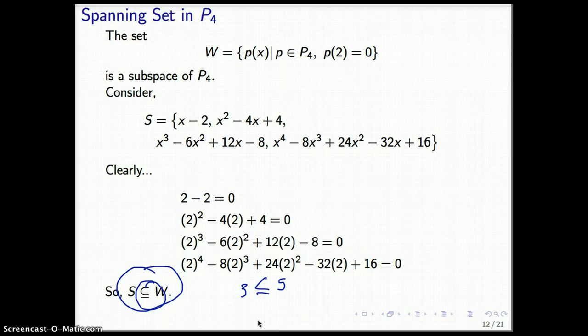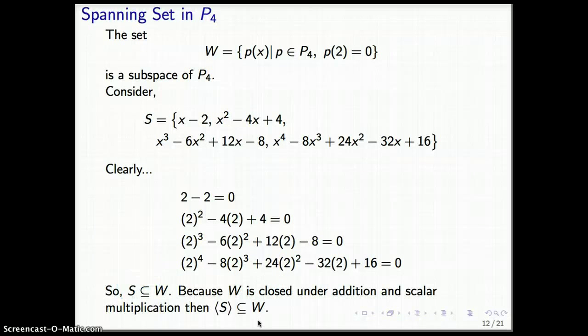So, but with sets, we use a notation that's kind of similar to the letter C, but that's the notation to say that S is a subset of W. So now, because W is closed under addition and scalar multiplication, W being a subspace of P4, then